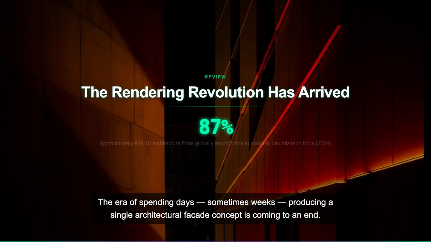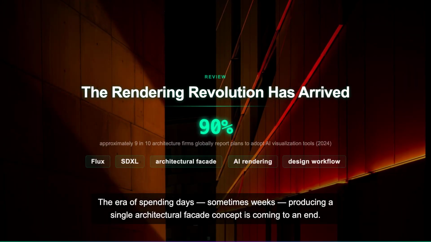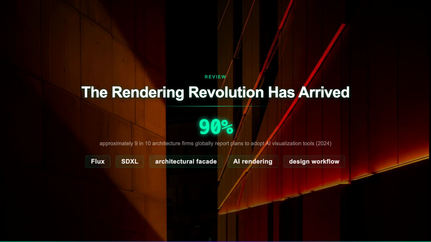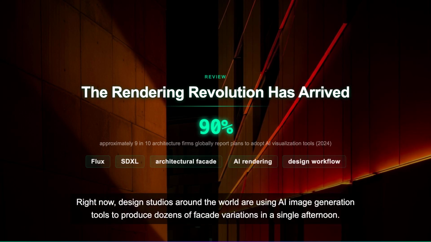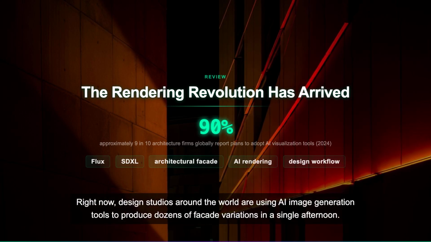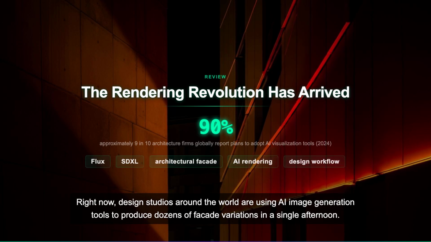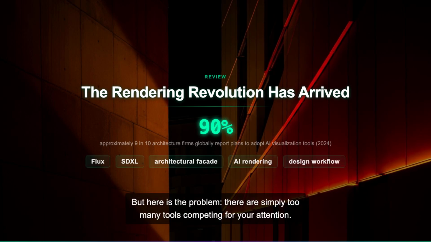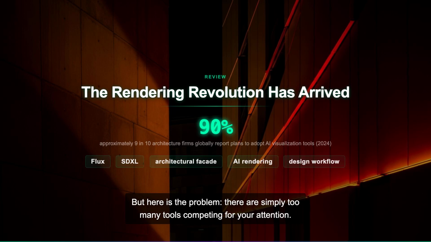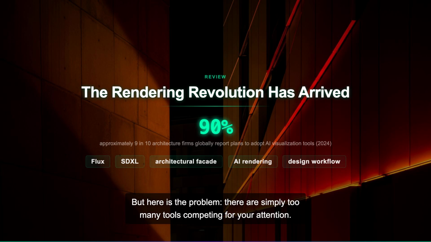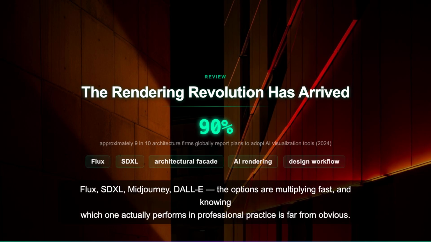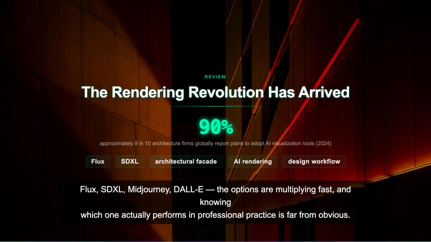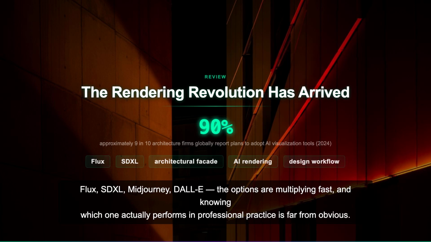The era of spending days, sometimes weeks, producing a single architectural facade concept is coming to an end. Right now, design studios around the world are using AI image generation tools to produce dozens of facade variations in a single afternoon. But here is the problem. There are simply too many tools competing for your attention. Flux, SDXL, Midjourney, DALL-E. The options are multiplying fast, and knowing which one actually performs in professional practice is far